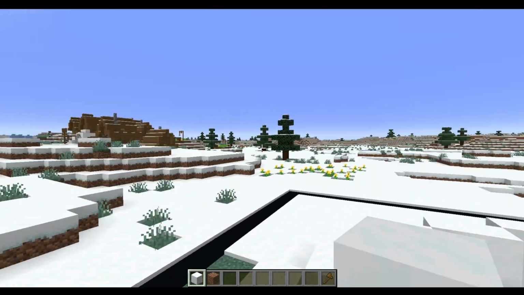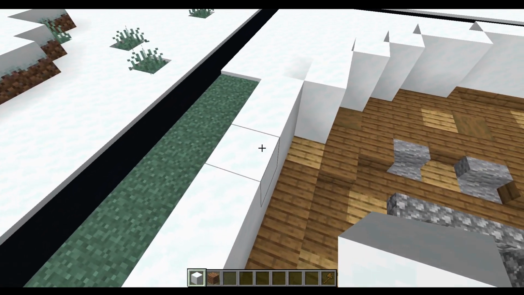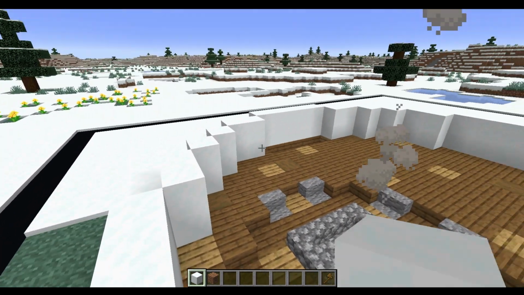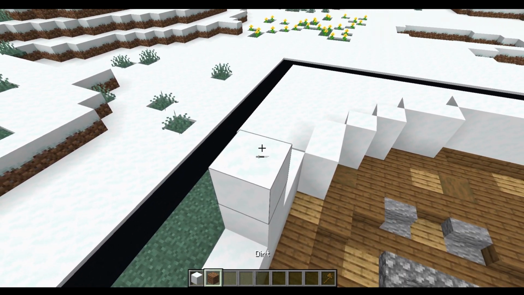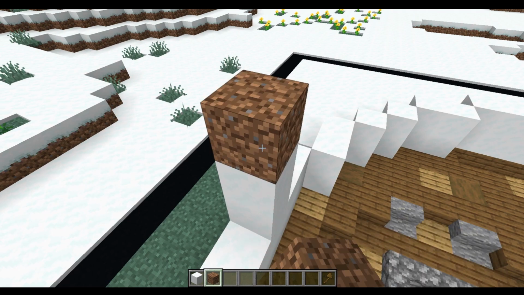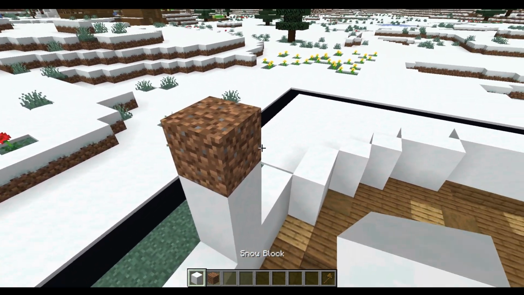Now to place the framework over the top of the build, which will be the basis for the igloo. So the first thing to do is come to the centre of any of the sides and build up 2 blocks. And these are snow blocks. Then using a temporary block, I'm just using dirt here, place a block on top of that,